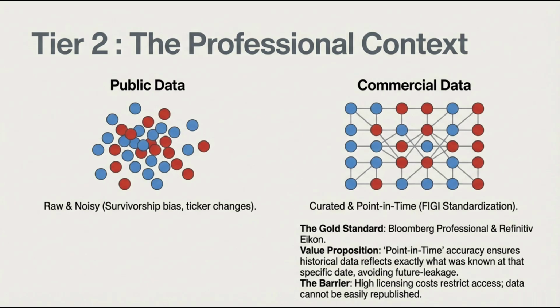Now we move to Tier 2, the professional context. This slide contrasts public data with commercial data. On the left, public data is described as raw and noisy, with examples of survivorship bias and ticker changes. Survivorship bias means that failed firms may disappear from the dataset, which can make historical analysis look artificially cleaner than reality. On the right, commercial data is